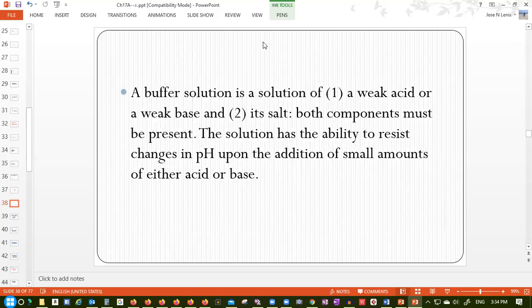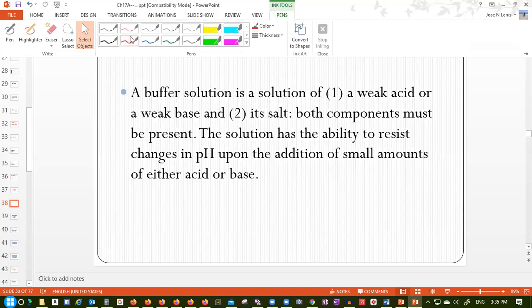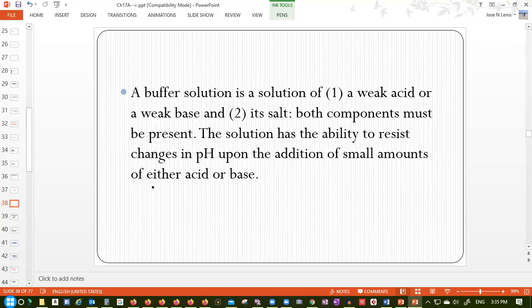So let's put it here. We're talking about the definition of a buffer in chemistry. Buffer may have different meanings or applications in different areas. So the buffer in chemistry